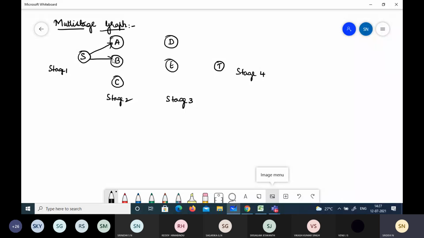So this is the graph, and we have the values associated with each edge. We have to find the shortest path to reach the destination. This is our source and this is our destination. We have to find the shortest path in a multi-stage graph.